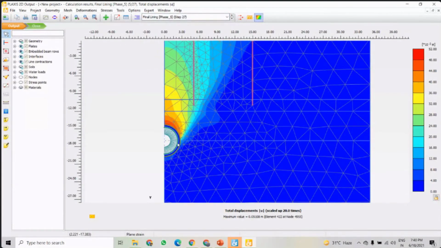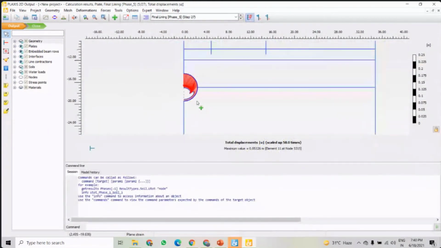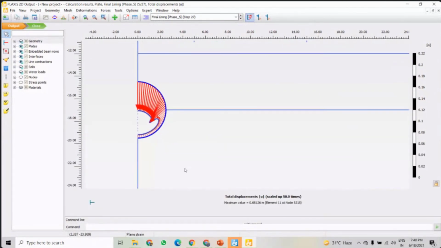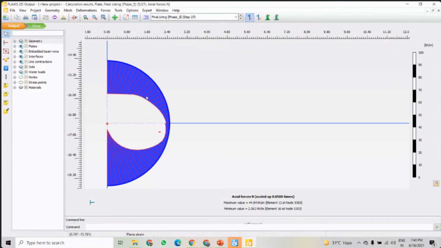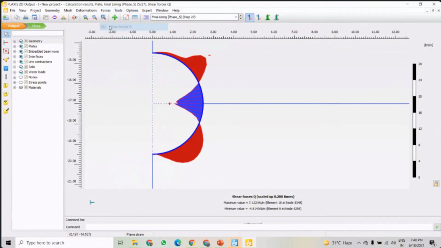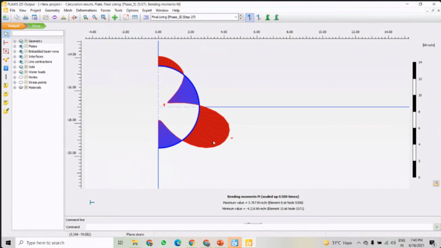And also we can check the bending moment and shear force on this tunnel. So if I show you the forces, axial force, this type of axial force is there, and this is the shear force, and then this is the bending moment. So it is showing like this.